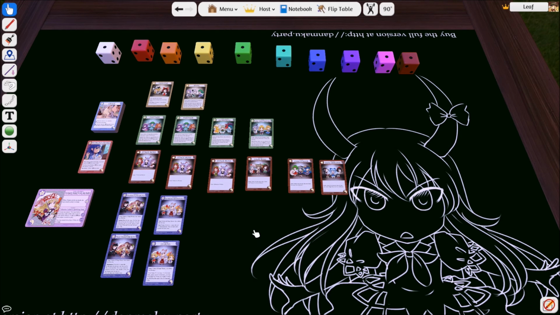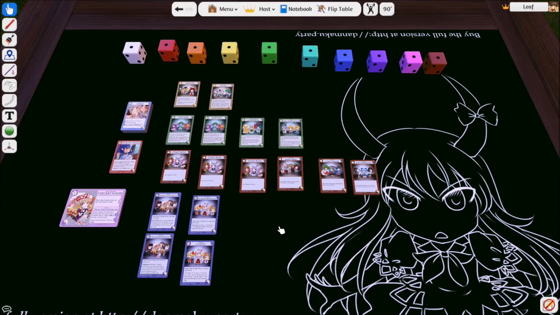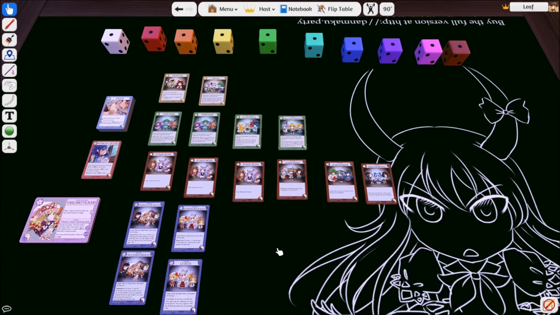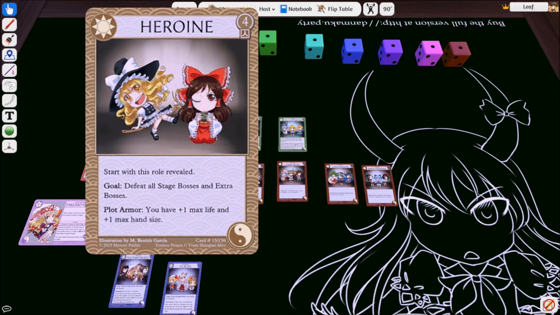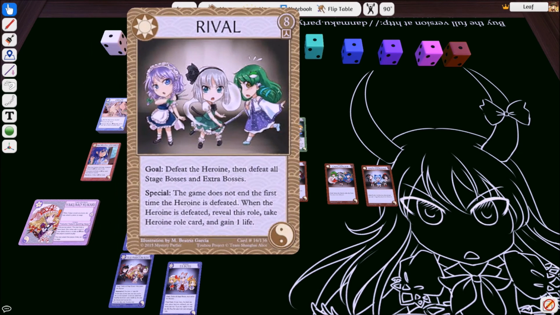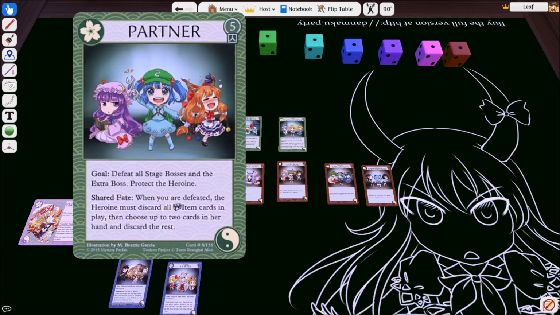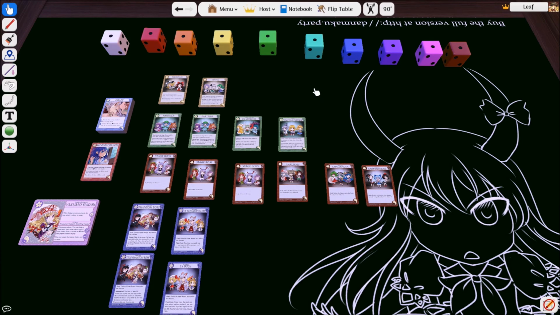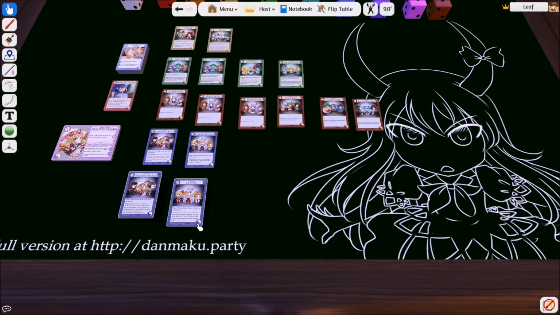So what I'm going to do is go through things in order. I'm going to play this with the mindset of a full 8-player game. The first step for setting up this game is getting the role cards set up. The role cards are pretty straightforward. There are 2 so-called heroine cards, though you generally only end up using one of them. You have 4 different partner cards. You have 6 different boss cards, and you actually have